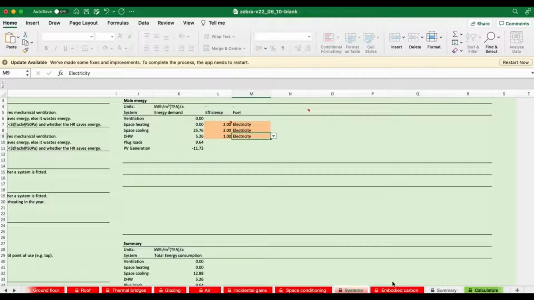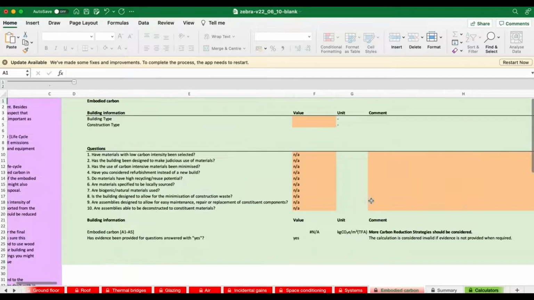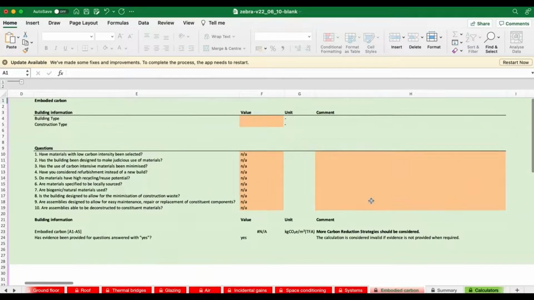We now turn to our embodied carbon sheet. Now, at the moment, the embodied carbon calculator within Zebra is extremely simple. You basically have a choice about using some default values, or you can go into proprietary software and actually work out the embodied carbon of your current construction.